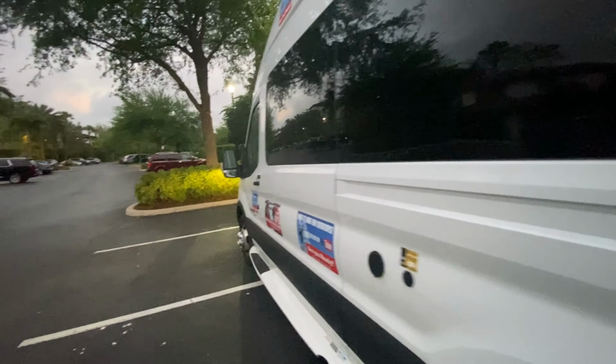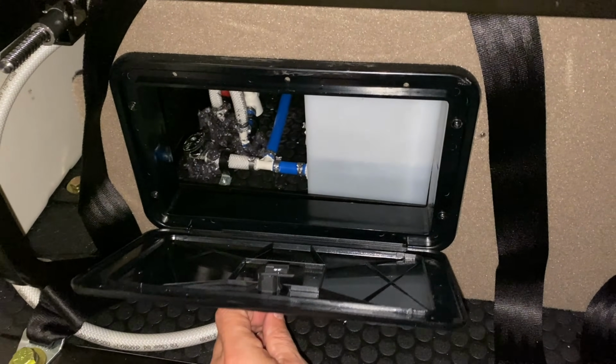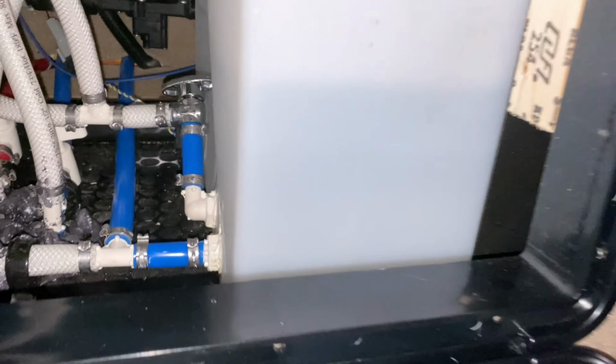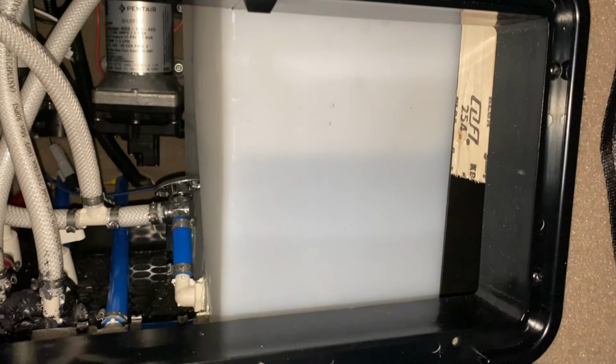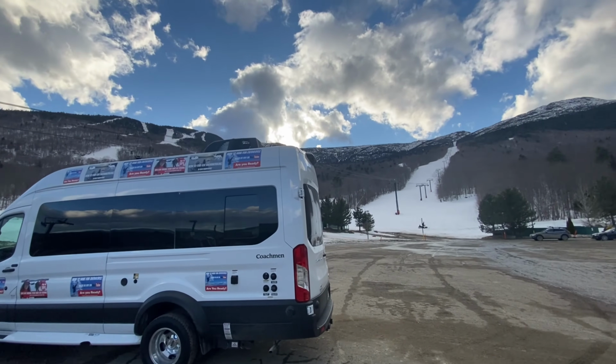Secondly, don't run your pump when you're on city water. So you have the water pump, that's only for your water tank. And always try to keep water in your water tank because you're not going to have city water in a lot of locations. Finally, also fuel for your generator